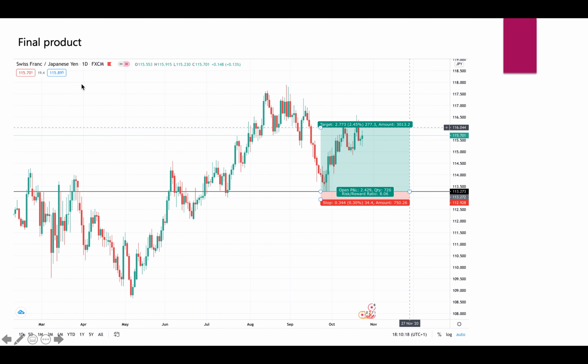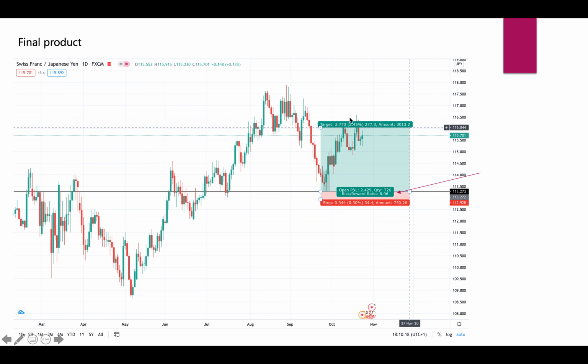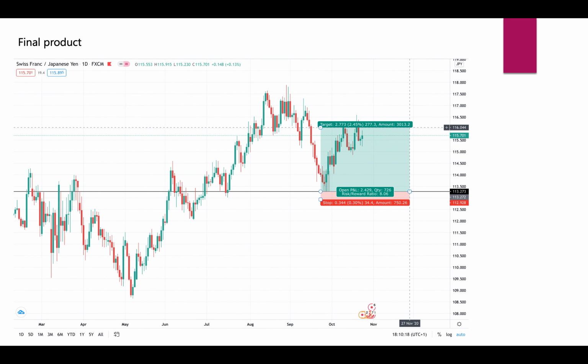So you can see, same pair, back on the daily time frame. That is our new trade. Yeah? I must say, I did calculate 278.3 pips on this one. However, I couldn't get the exact same number on here because TradingView was being a plonker, and I lost patience with it in the end. So it's around 277 to 278 pips. All right, much better than the 250 we started off with. Was it 250? Hang on a sec. Yeah, 250.6 pips. So let's put it this way: you've added at least 25 pips to our trade